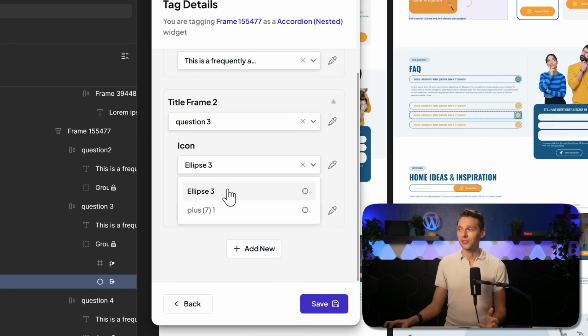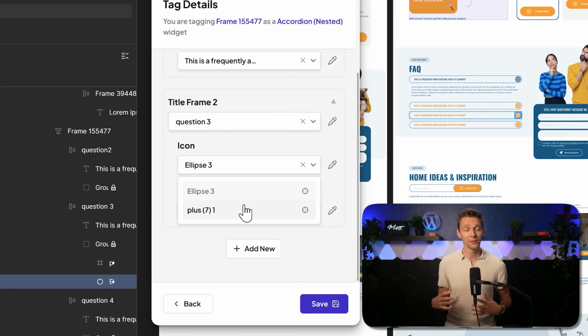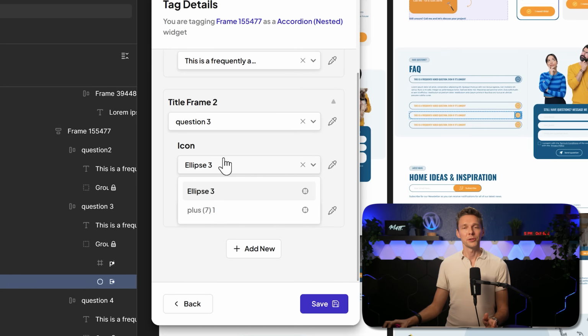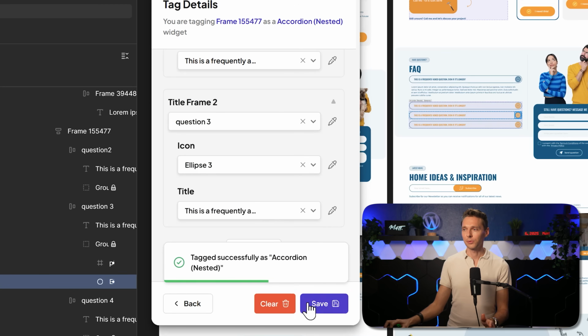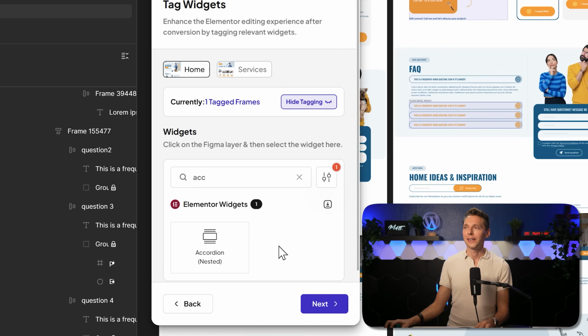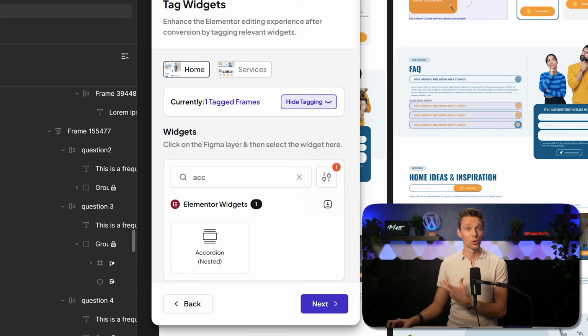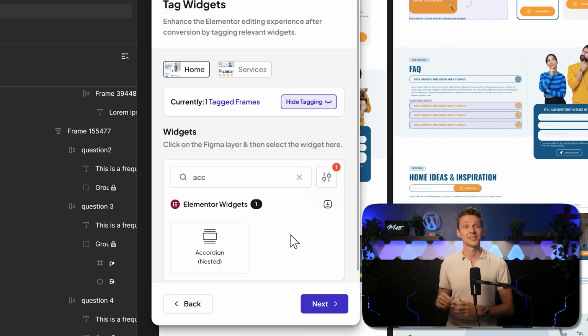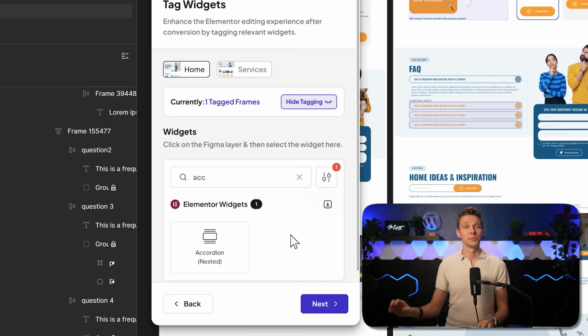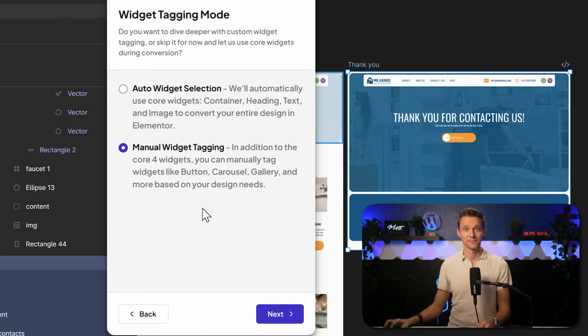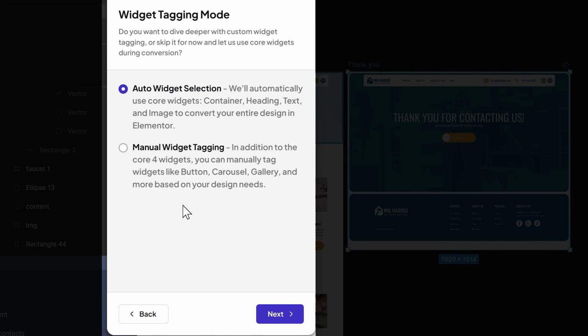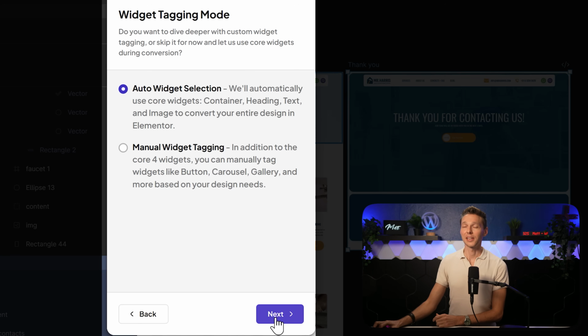And if you check the icon, you see the ellipse tree and a plus one, those are two different things. I need to lock them first and then there is just one icon and I can use them inside of my design. But you can do this with all kinds of things. Then we press on save and we press on back and here you can see more frames and tag them accordingly as your design in Figma wants to have it. If you tag your entire design correctly, it will save you hours and hours of designing your Elementor Pro final website. But if you have a very simple design, we can also choose the auto widget selection and press on